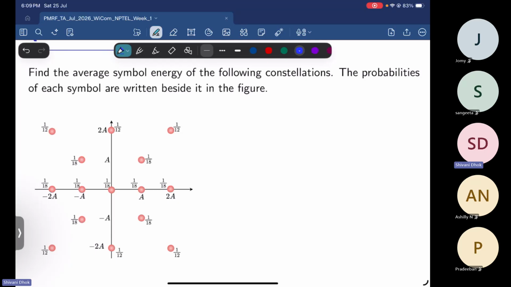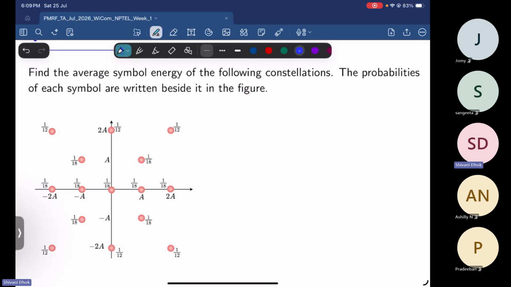So I'll not take QAM, but I'll take something that is similar to QAM, which has changes in amplitude as well as phase. Okay, so this is the given constellation and we have to repeat the same exercise that we did in the previous question. The only catch here is the constellation points are not equidistant from the origin, and second,